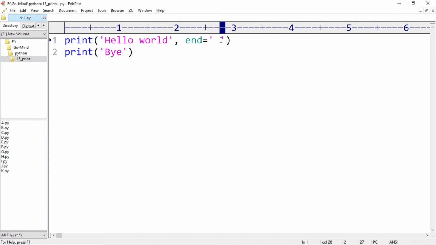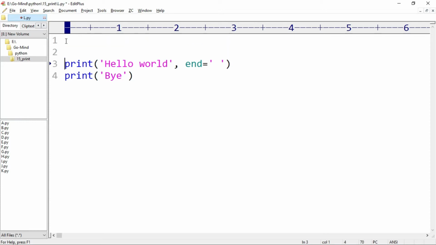Okay. Now let's import the time module here. So import time. Time is a module in the Python library, and there is a function inside time, that is sleep. So time.sleep, and sleep requires one argument and it suspends execution for the given number of seconds. So I'll pass here 5. For 5 seconds I want to pause this.